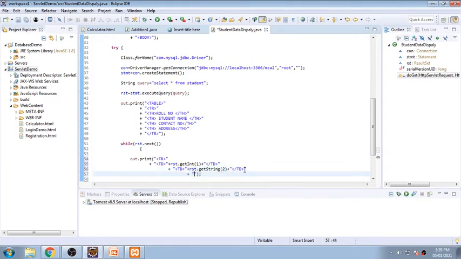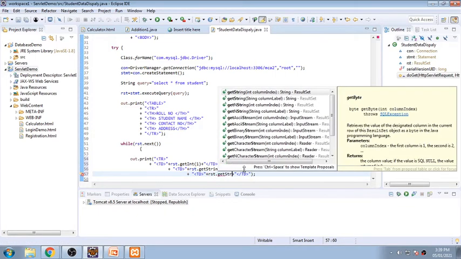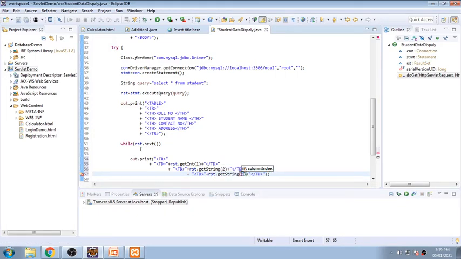Same way, double quote, td cell, and the td needs to be closed, so slash td. I am putting two double quotes, two plus signs, and here it will be rst dot get string with column number 3.